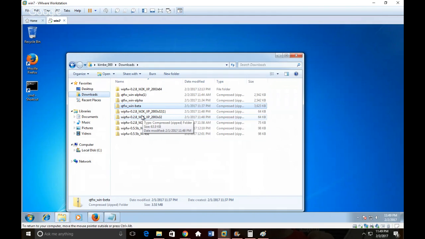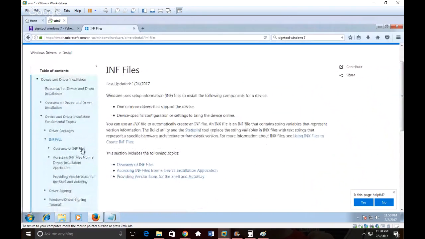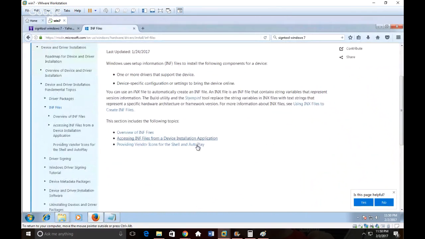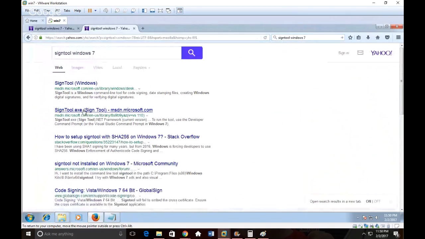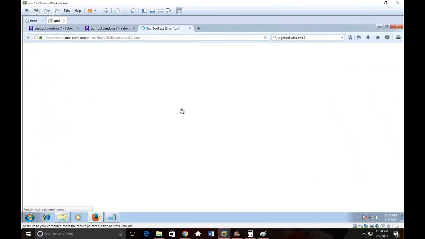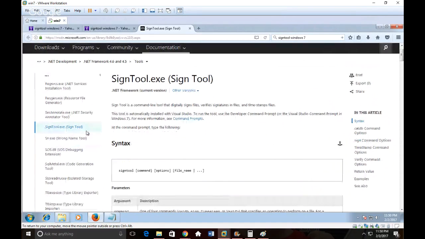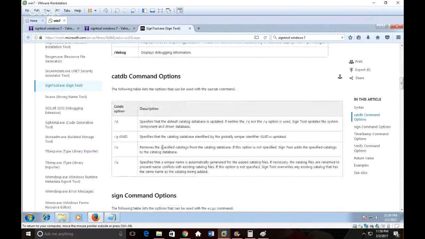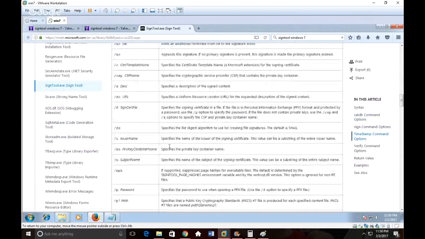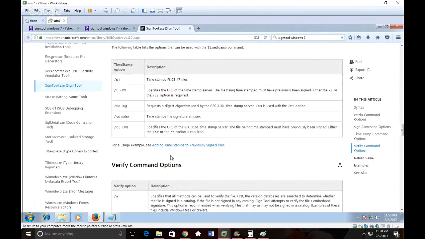Microsoft. So what you have to do is you have to go in and actually go here and create your own INF files. There's a sign tool that you can do right over here. I was looking up the sign tool, and it's not too hard. You gotta watch out though, because a lot of times it'll take you over to the hardware side of things, and what you're looking for is the sign tool, but you're not going to do the sign tool for hardware. However, if you get the Windows SDK, you can use everything from the command prompt,